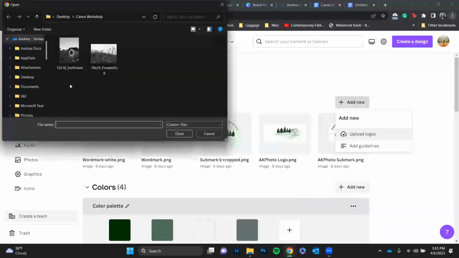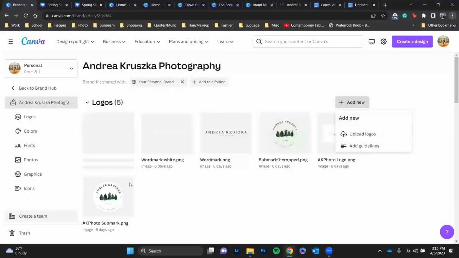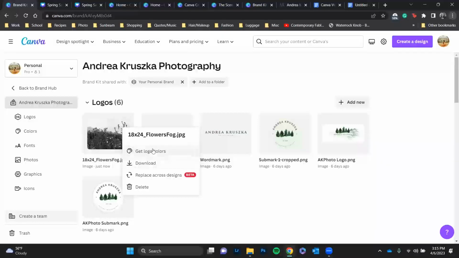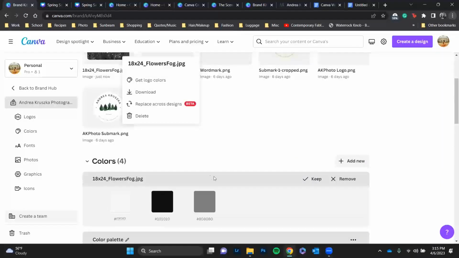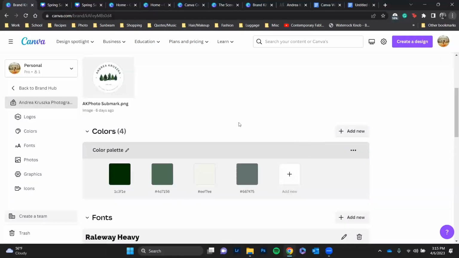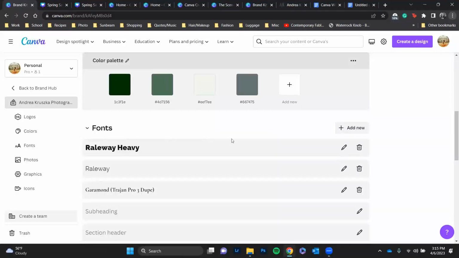So let's see, say I uploaded this and said, that's my new logo. It should be a terrible logo. Don't ever use something like that. But I could say get logo colors. And you can see where it's pulled them down here from this file, which of course is grays and black. If you're brand new, this is the first step: pull in your look, get your colors. Exactly. And then the other things you can save in there are specific fonts,